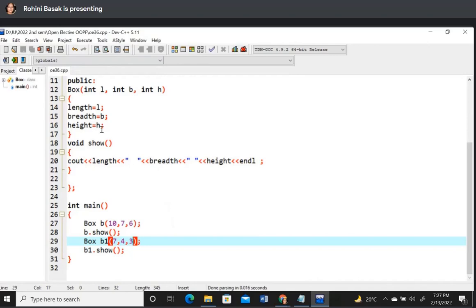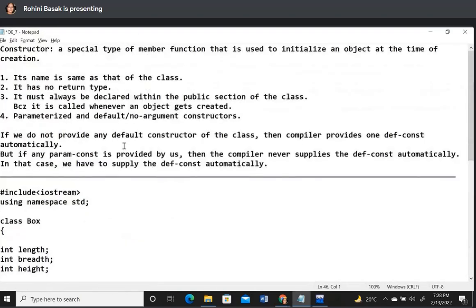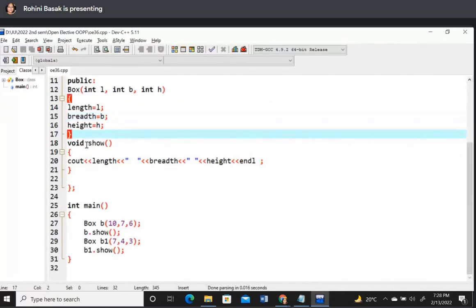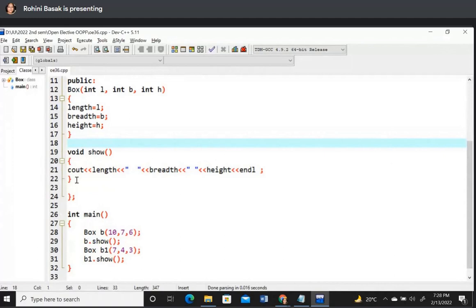Okay, because the constructors are invoked when the objects are instantiated. দেখ আমি এখানে লিখেছি, special type of member function that is used to initialize an object at the time of creation. Okay, so the constructors are invoked whenever the objects are getting created for the first time. প্রথমবার যখন অবজেক্টটা ক্রিয়েট হচ্ছে তখনই কিন্তু কনস্ট্রাক্টরটা কল হচ্ছে। ওকে, এবার দেখ।